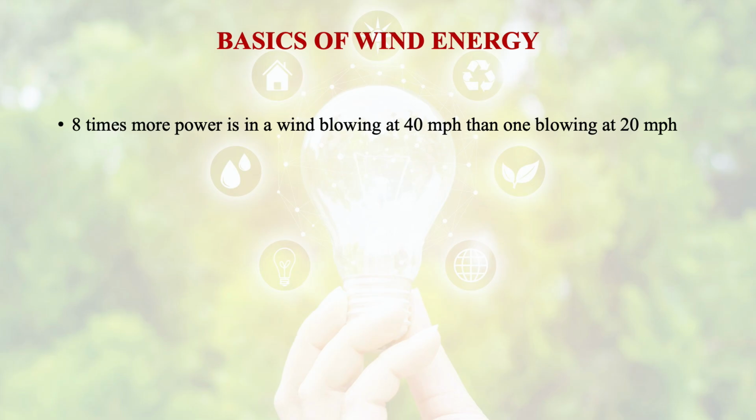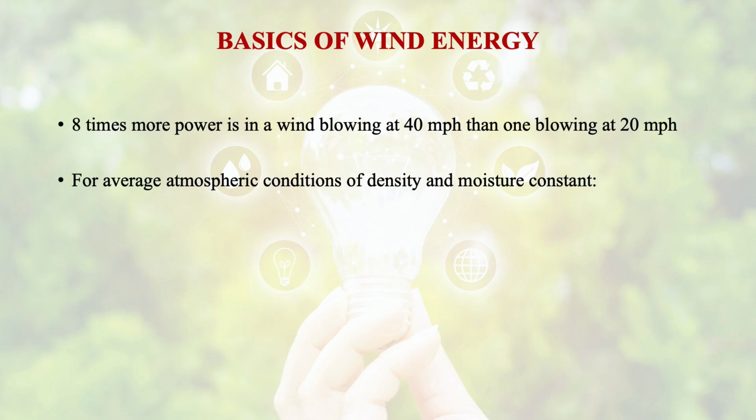And this density is the density of the air flowing through the area of our interest, that is the density in the flux. If we talk about that, if a wind is blowing at a speed of 20 meters per hour and another wind is blowing at 40 meters per hour, the difference in the power will be 8 times, because it is the cube of the velocity. So if the velocity is doubled, the power will be 8 times.